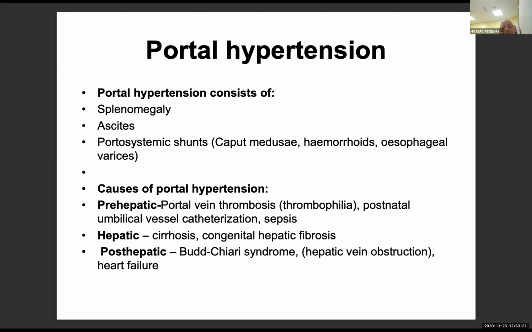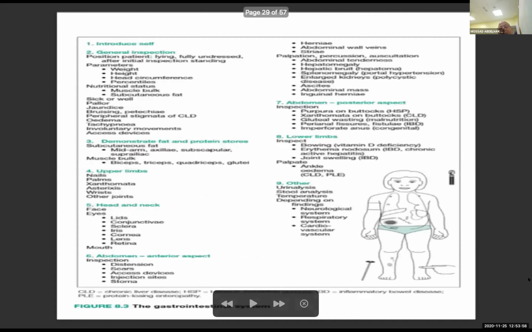Okay, the most common pre-hepatic cause is the portal vein thrombosis. In adults it can occur with cirrhosis or fibrosis of the liver, or post-hepatic, Budd-Chiari syndrome. I think you will see it in internal medicine more, and heart failure. But don't underestimate the probability of portal hypertension if you palpate the spleen, please. Next slides are giving you just a guide how to think, please.